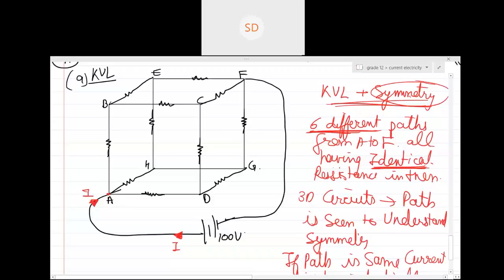So basically, what will happen here? I'll divide identically. If I say this is I1, this is also I1, and this is also I1, right? Can anyone tell me what will be the value of I1? Yes or no. Now, can you see, guys, how I am using symmetry over here?